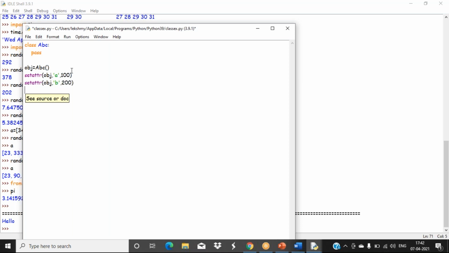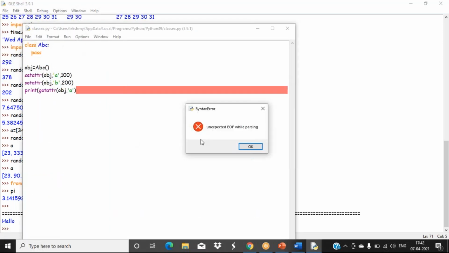To display this one, we have the print function. There you can give the getattr function. You can give obj, comma, which property. I'm displaying only the a property. See the output. Error.